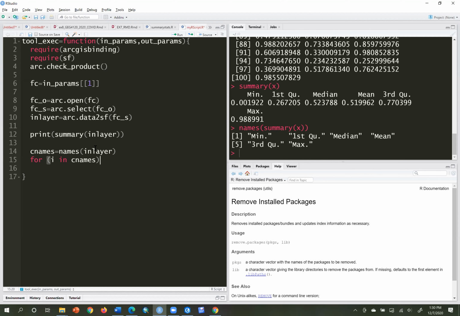And then in that loop, I'm going to construct a vector. So before I go in the loop, I have to create an empty vector to hold things. So this will be an empty vector. I'll call it crow equals vector numeric. And that creates an empty numeric vector called crow. That way I can add to it in here. So I could say rbind, for example. So I'll say for I in CNAMEs,